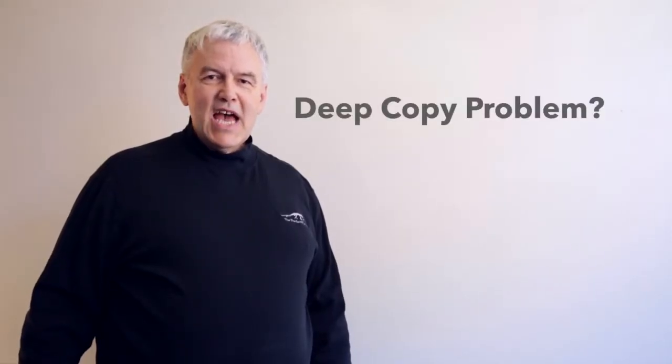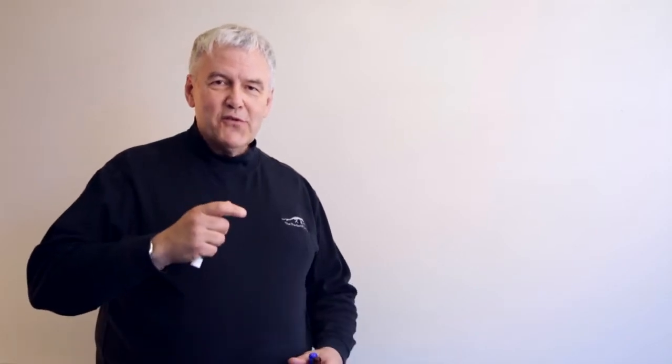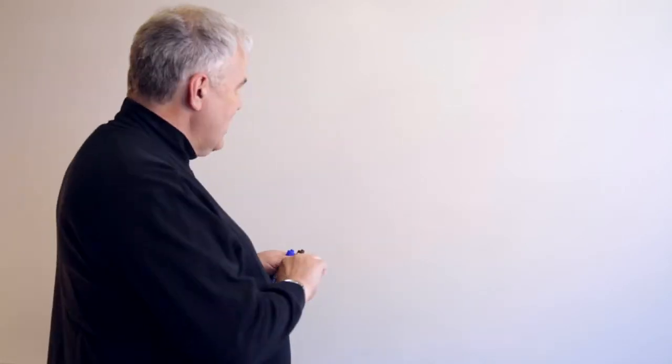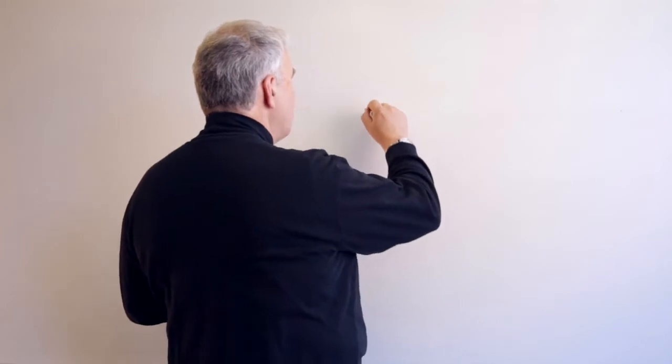Here we're going to be talking about the deep copy problem and ways to solve that. So what's the deep copy problem? Deep copy occurs when you have a Fortran-derived type or an array of derived type, or a C or C++ struct or array of struct, where the struct members themselves or the derived type members have pointers to other dynamically allocated data. So by example, the problem occurs